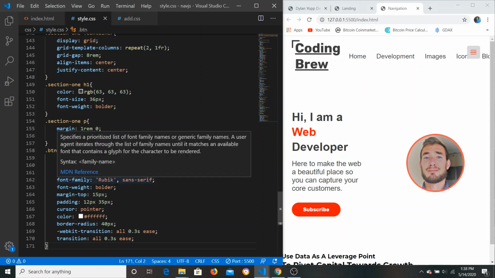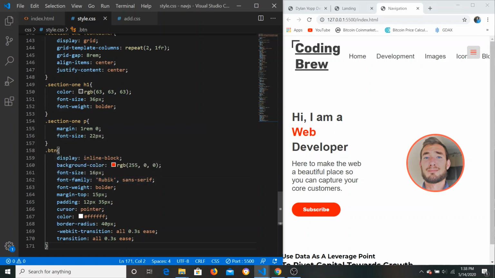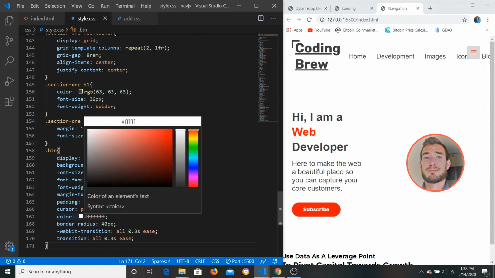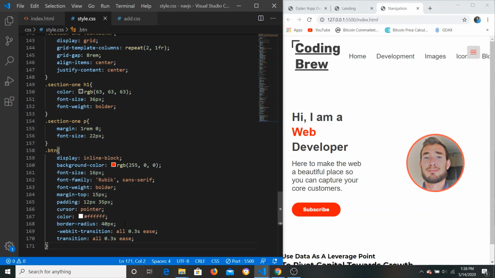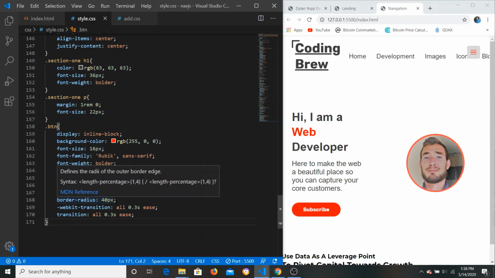We're going to have font family Rubik, font weight bolder, margin top 15 pixels, padding 12 pixels top and bottom, and 35 pixels left and right. Cursor pointer, and the text color is white. We're going to give it a border radius of 40 pixels